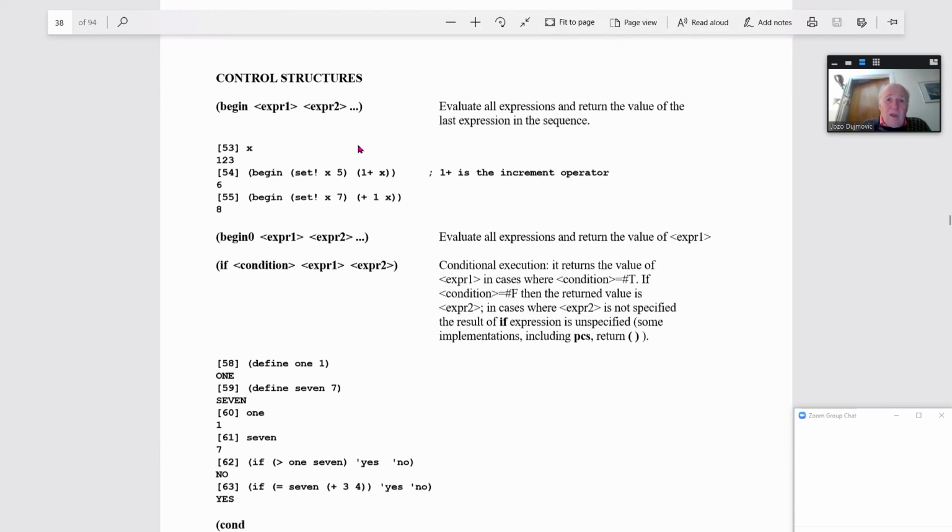Today the topic is control structures. Control structures are the same as in all other languages, but there is a huge difference between functional languages and procedural languages. The difference is that in the case of functional languages, each expression returns a value, and each control